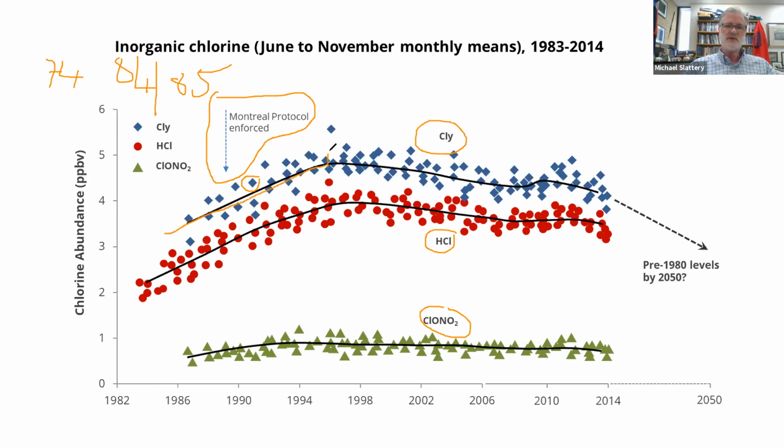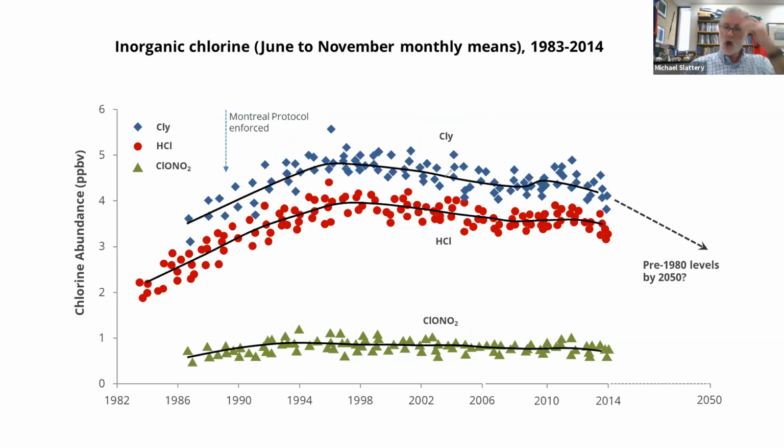Chlorine in the stratosphere reaches a peak here in 1995, right? About 8 years after the Montreal Protocol is enforced. And it goes through various ramifications and modifications. And it looks like we are now potentially headed downwards, where hopefully by 2050 or so, the ozone hole will begin to recover because we are seeing a gradual reduction of chlorine in the stratosphere.